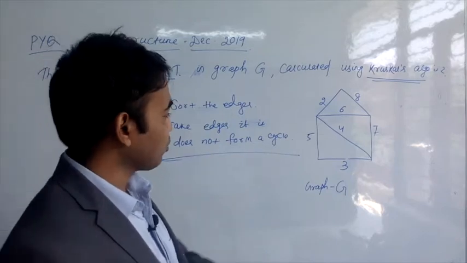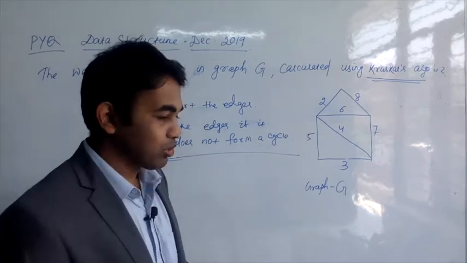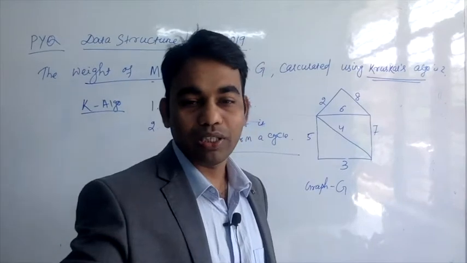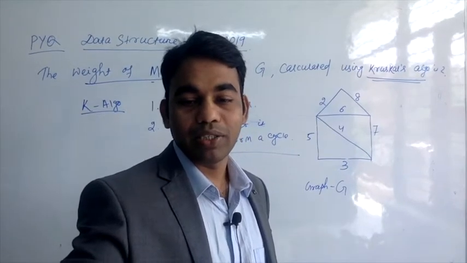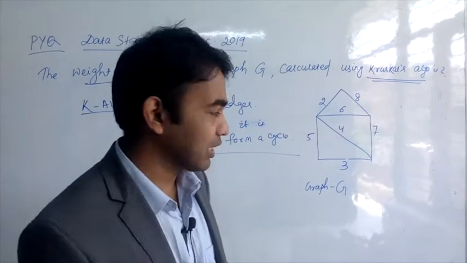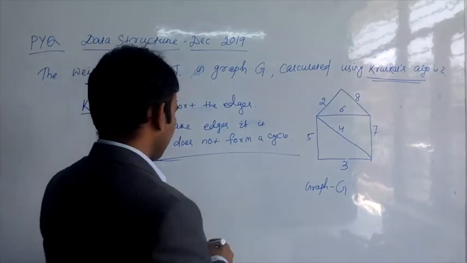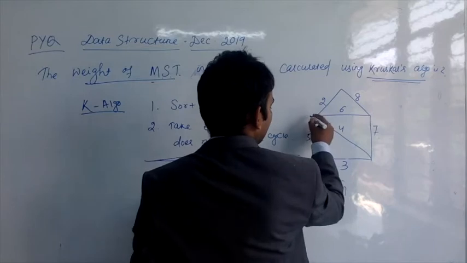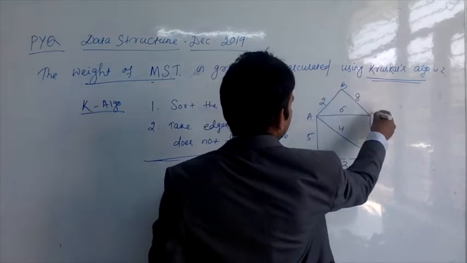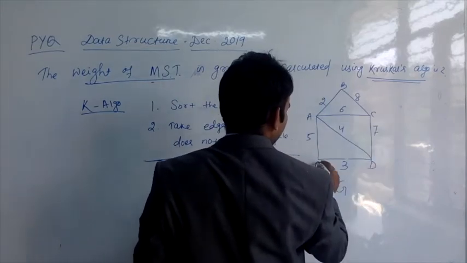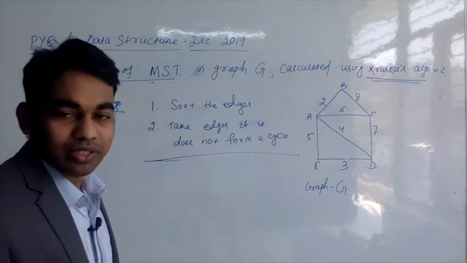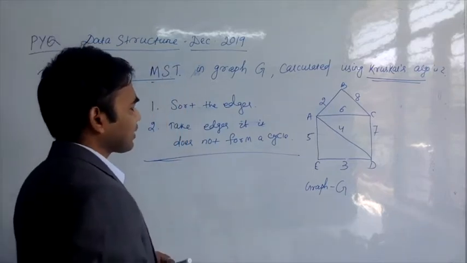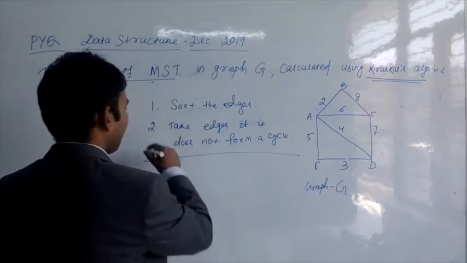So if you think about what the different edges are, maybe you can name them. It is not given in the question, but if you want to name them, you can. So if I sort the edges, suppose I name the vertices A, B, C, D, E. Suppose this is the graph. So which is the smallest edge? First, what we need to do?